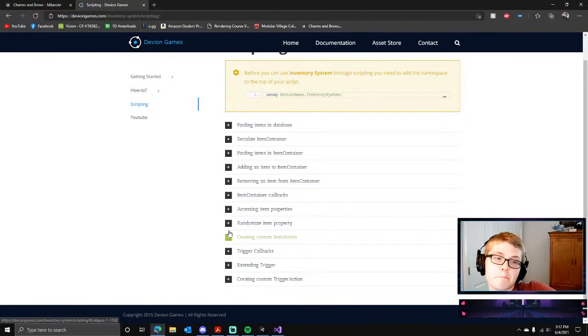A lot I have discovered through this process, because I've actually been trying to make this game for many years. Every time I attempted it, inventory systems are a lot more complicated than they initially seem. And this, well, it's a free asset. It's the best free asset I've found that actually does a lot of the busy work development